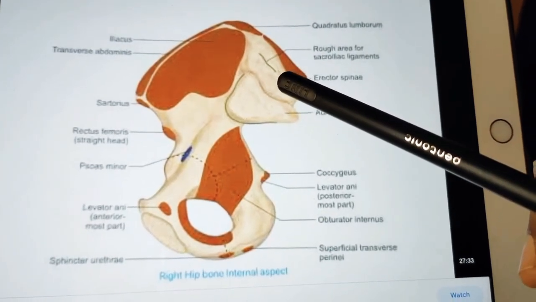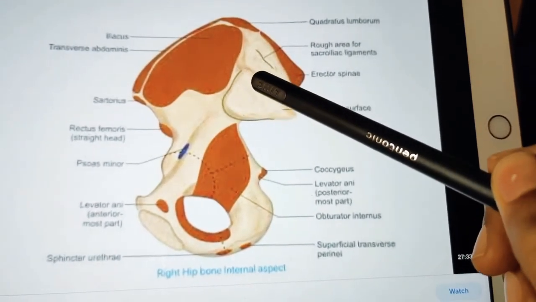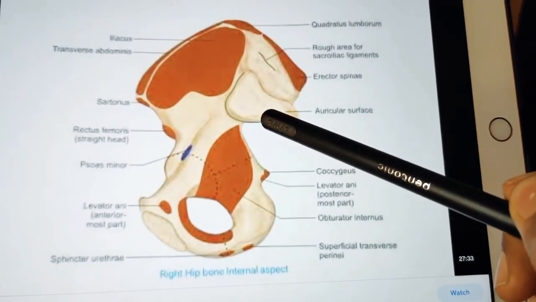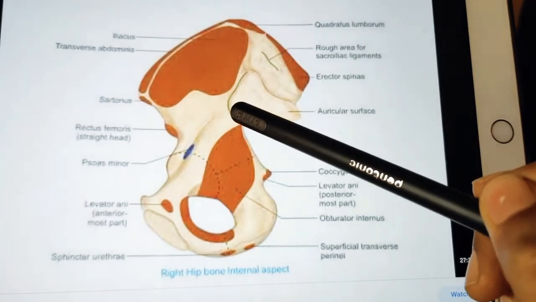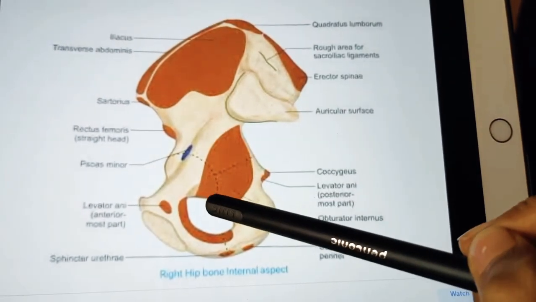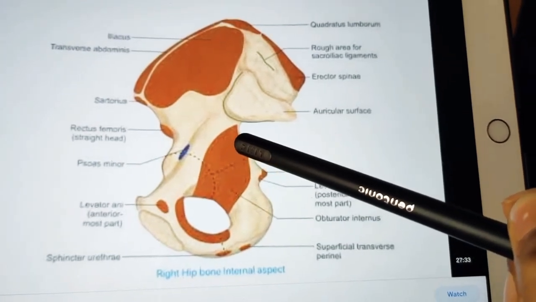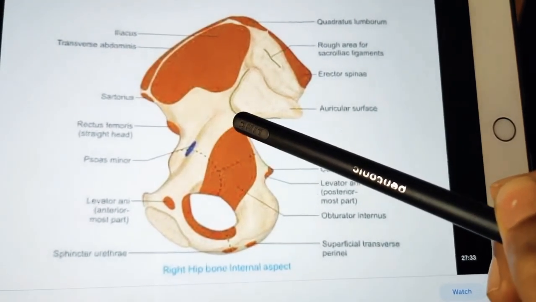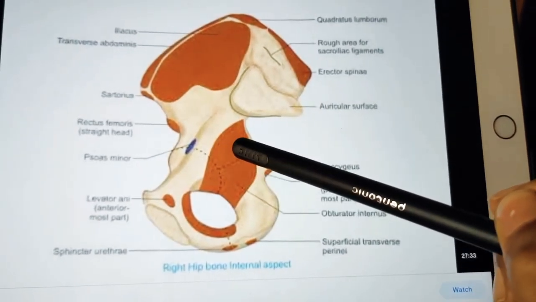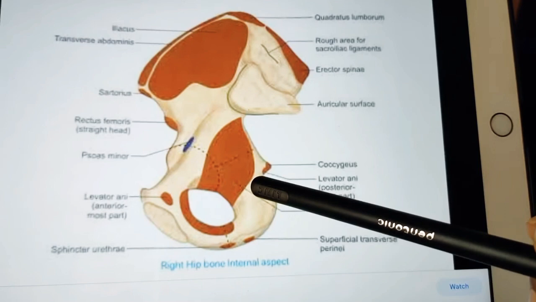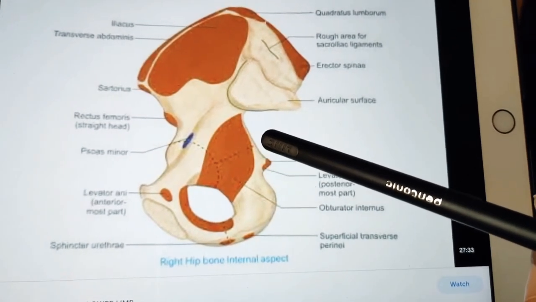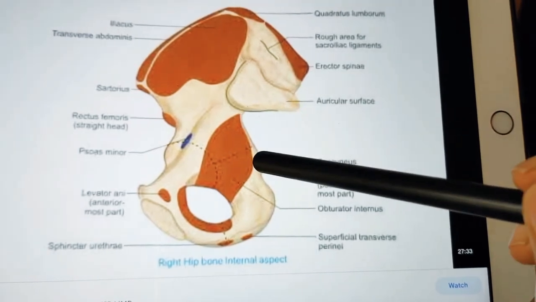Okay, and the convex margin of the auricular surface. This is the convex margin. This one. The convex margin of the auricular surface gives attachment to the ventral sacroiliac ligament, and the attachments on the pelvic surface are like the preauricular sulcus gives attachment to lower fibers of this ventral sacroiliac ligament, and the part of the pelvic surface lateral to the preauricular surface gives fibers of piriformis. Here it gives a few fibers of piriformis.